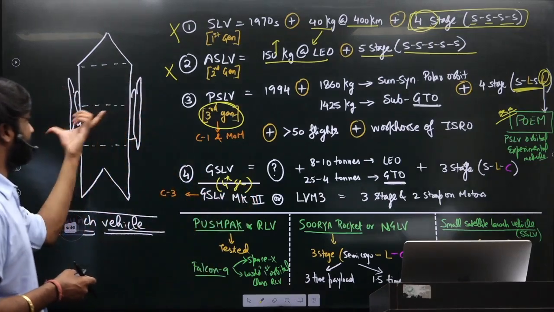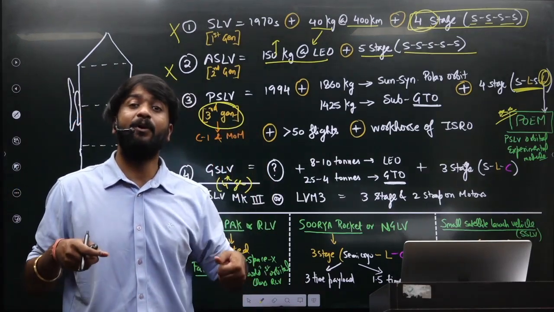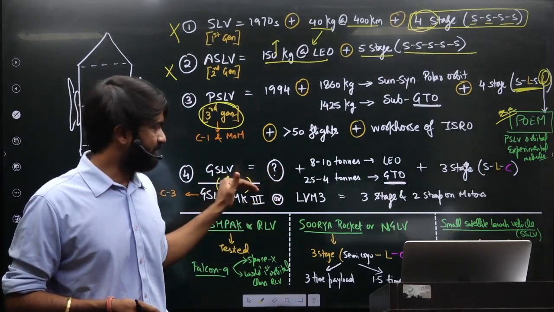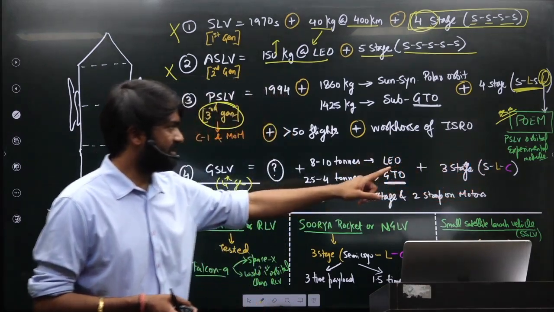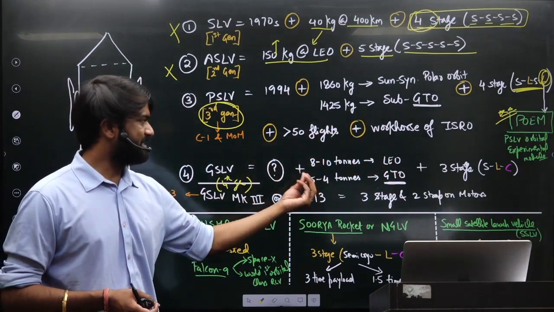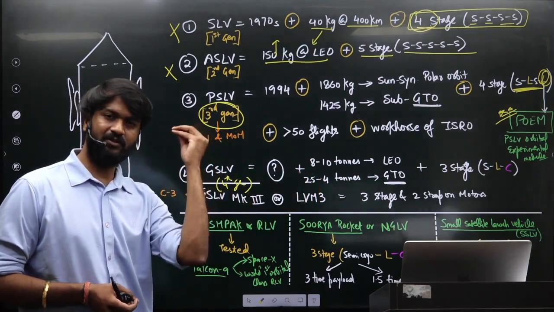For example, if you can see on the side, these are motors to give the extra thrust to the engine, strap-on motors. Okay. Then it will be nothing but the third generation GSLV Mark 3. We'll come to it. First of all, 3 stages are there: solid, liquid and cryogenic. Cryogenic is the last stage, solid is the first stage, liquid is the middle stage. Capacity is around 2.5 to 4 tons when it was in the first generation itself, 2000 or 2010 or 2015